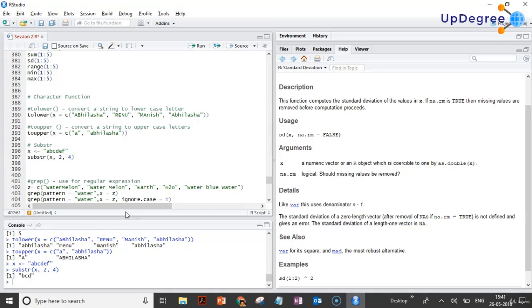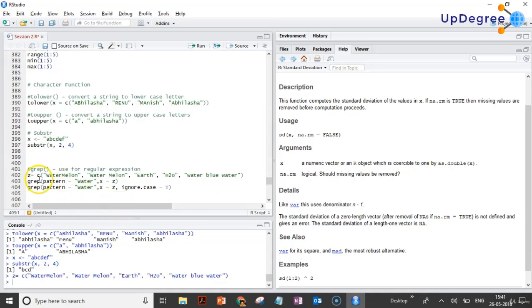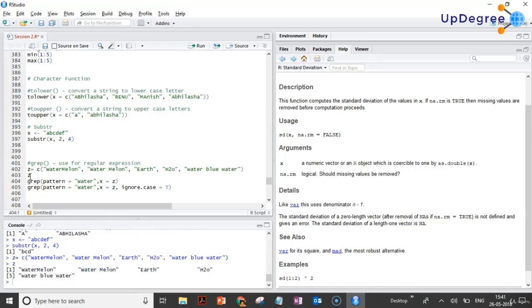So many water, right? Now Z is having this string. Let me show you. Yes, you can see. Now I am calling the grep function, and I am saying what my pattern is, what I want to search. I want to search water. Where do I want to search? In Z. So if you see how I am passing the value, it is the same concept which I discussed earlier,